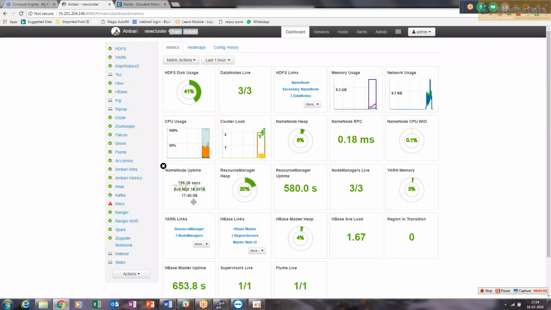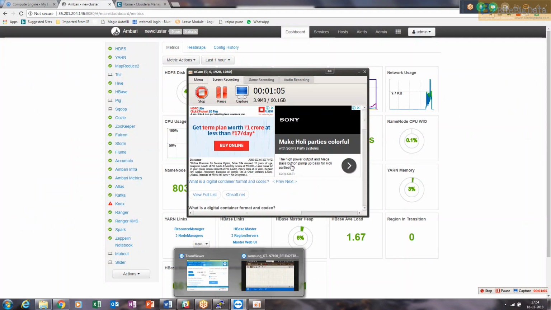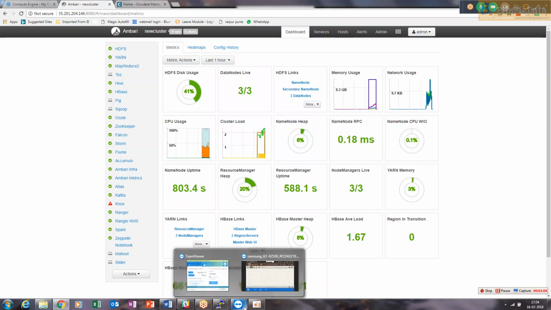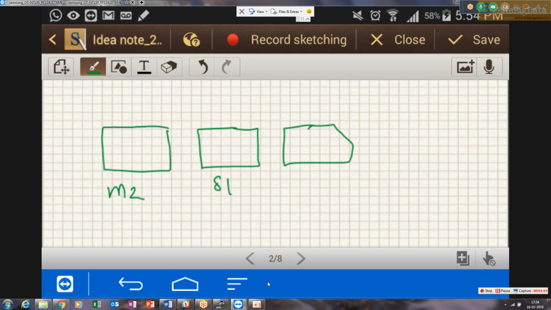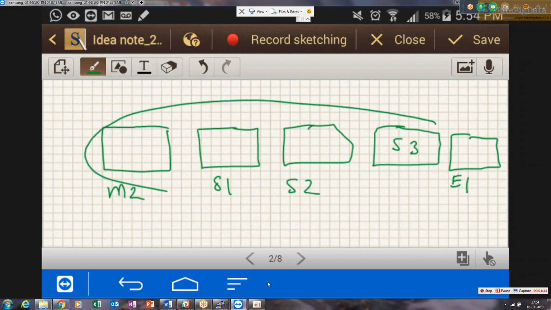So the architecture will look like this basically. So we have three nodes as of now. So one is M2, another is S1, and then S2. So we will add one more, S3, and we will add E1, that is edge node 1. So this will become your cluster and it will be your edge node. So instead of now accessing directly the master M2, we will go through the edge node and then try to access